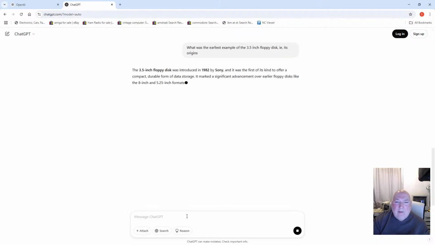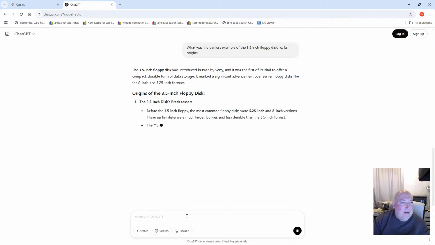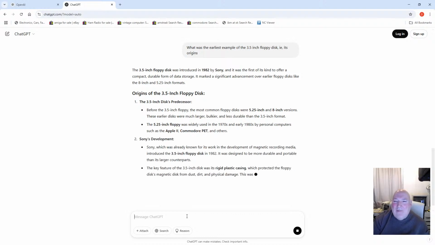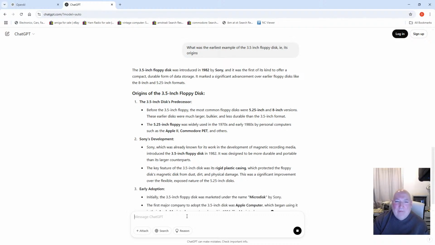3.5 floppy disk in 1982 by Sony. And it was the first of its kind to offer a compact, durable form of data storage. It marked a significant advancement over earlier floppy disks, like the 8-inch,